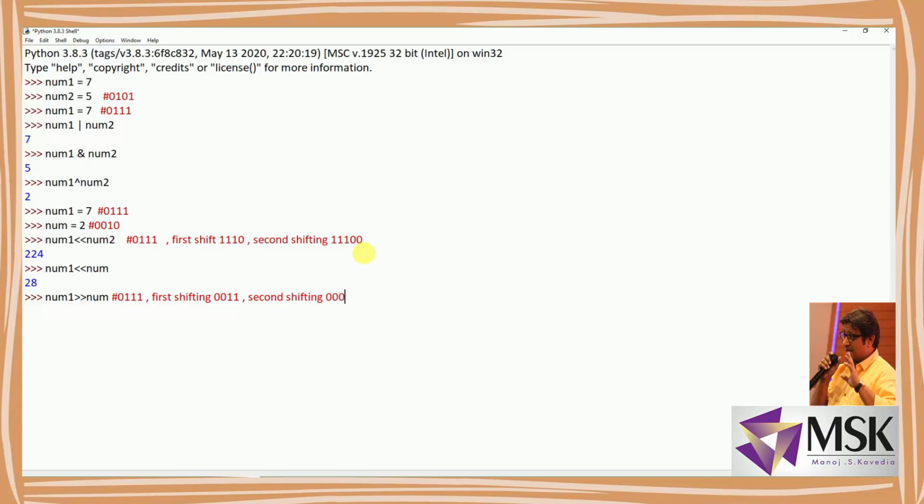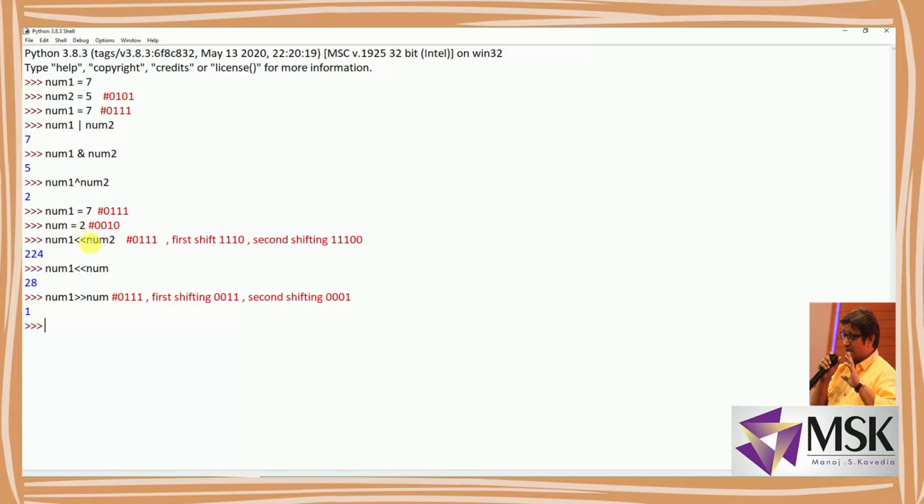Means the answer should be 1. So let's see what is the output. Correct, answer is 1. So I hope the different operators like OR, AND, caret, that is XOR, left shift and right shift are clear.